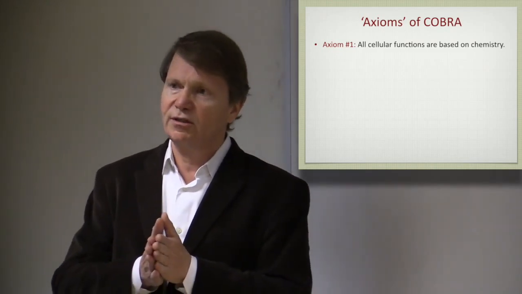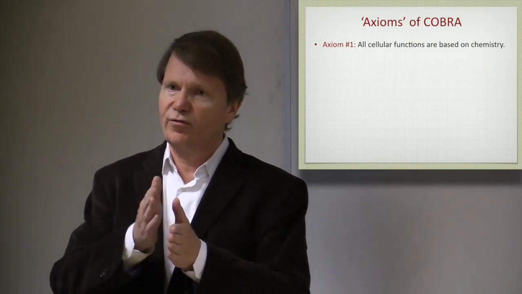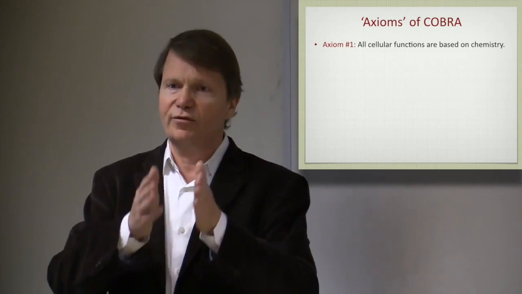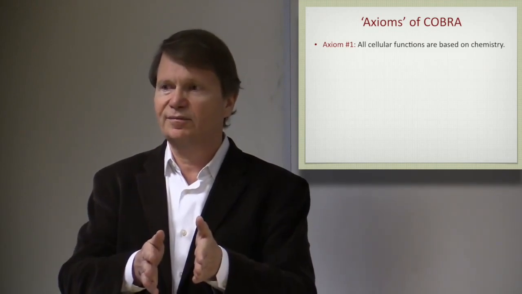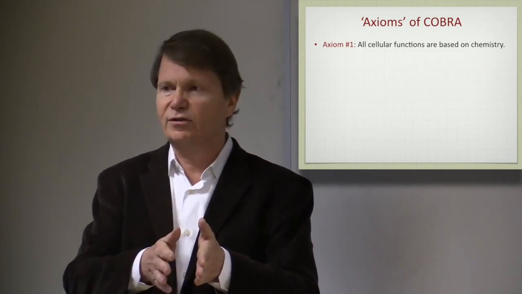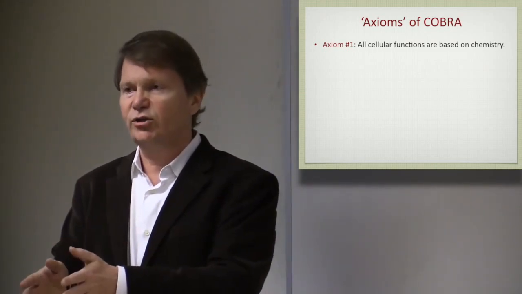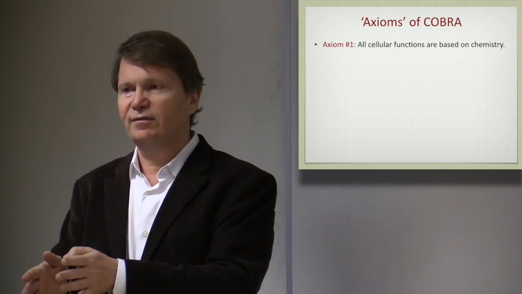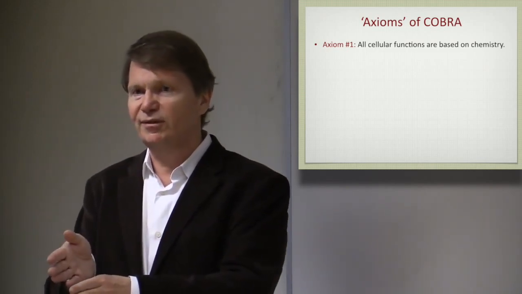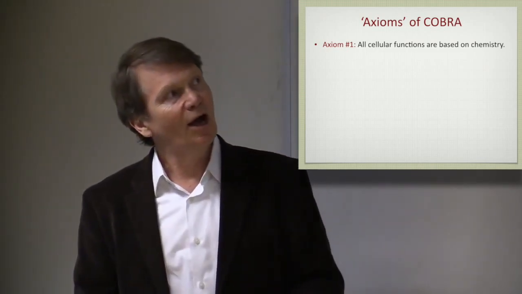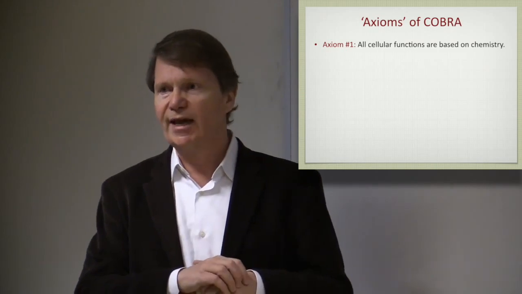So the Nobel Prizes are given in a certain order based on how fundamental the field is. So the physics prize is given first, because chemistry is derivable from physics. Then the chemistry prize is given, and then the physiology prize is given, because physiology should be derivable from chemistry. So underlying all biological functions is chemistry.